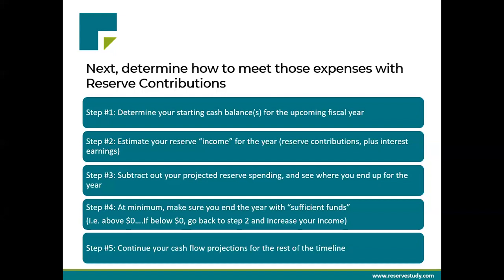So notice again here, another advantage over the straight line method. Because the straight line method does not model anything beyond the first year, you really can't factor in much in terms of interest earnings to your overall income assumption, okay? The next step is to go back to that forecast of expenses and look at what costs are on the schedule for the next year. From there, you're just going to do the math.